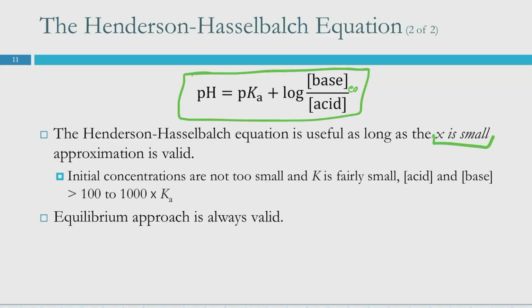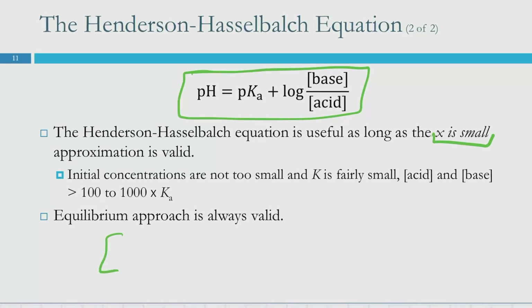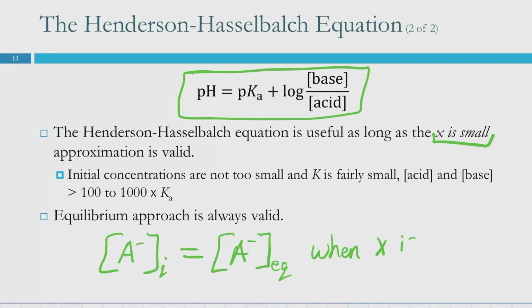Because secretly, those are our equilibrium amounts. No, they're not our equilibrium amounts. They would be our equilibrium amounts, thinking of how to write this. So we've got our base, that's our A minus. Initial is going to be equal to our amount at equilibrium, when x is small, because otherwise